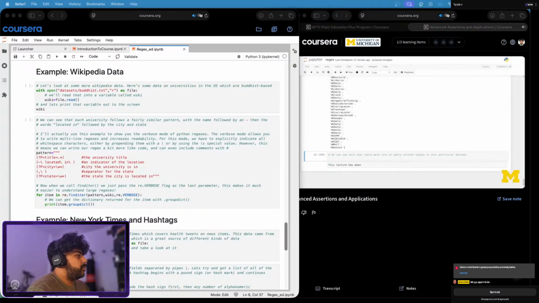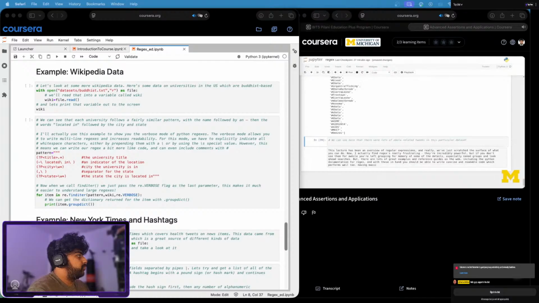This lecture has been an overview of regular expressions, and really we've just scratched the surface of what we can do. Now, I actually find regexes really frustrating. They're incredibly powerful, but if you don't use them for a while, you're left grasping for memory of some of the details, especially named groups and look-ahead searches. But there are lots of great examples and reference guides on the web, including the Python documentation for regex. With these in hand, you should be able to write concise and readable code, which performs well too. Having basic regex literacy is a core skill